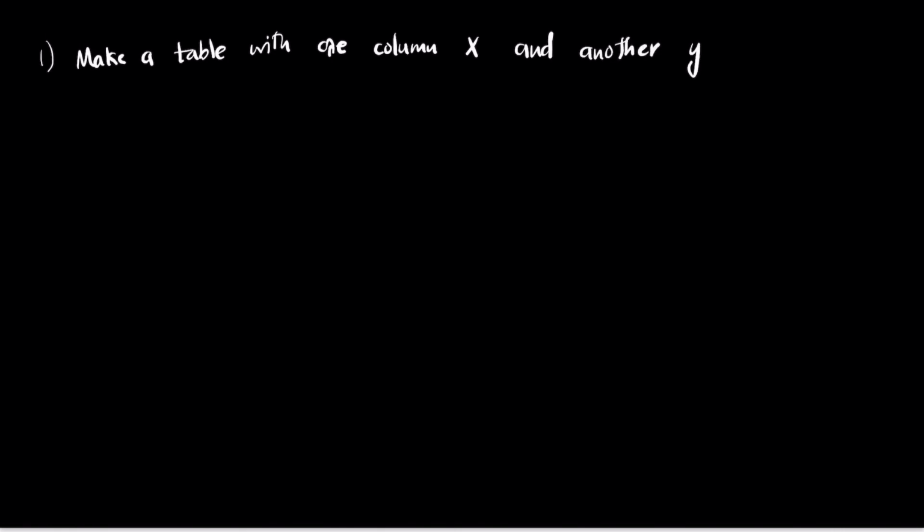So what are the steps? Number 1 is to make a table with one column x and another y. So one column you call x, the other column y, and the third column for the final value y. So the second step is to enter